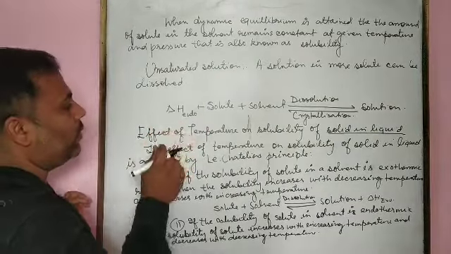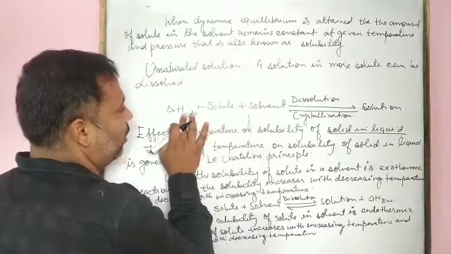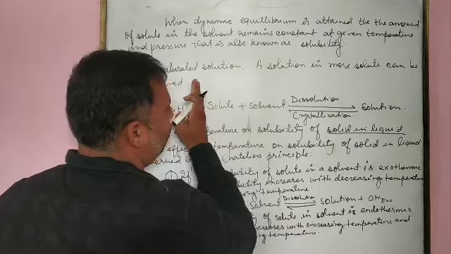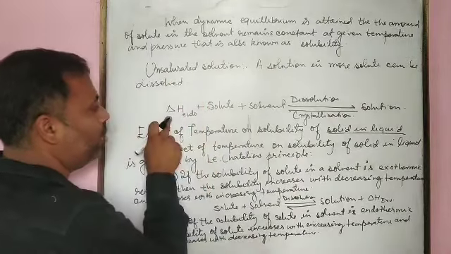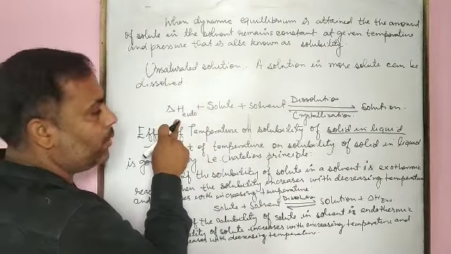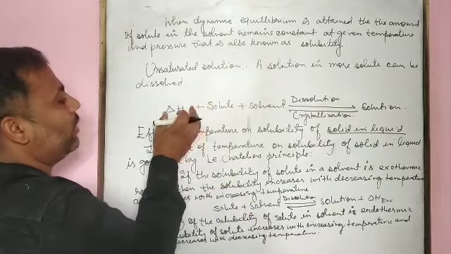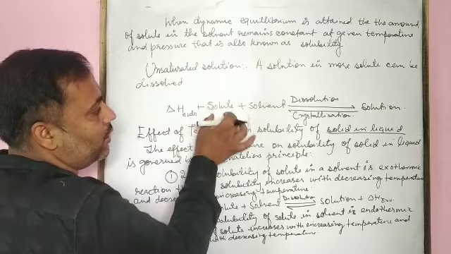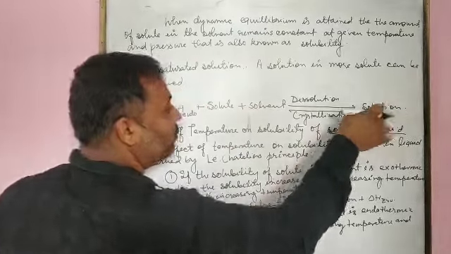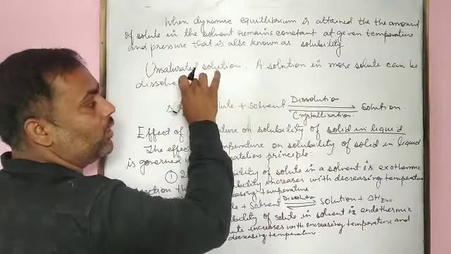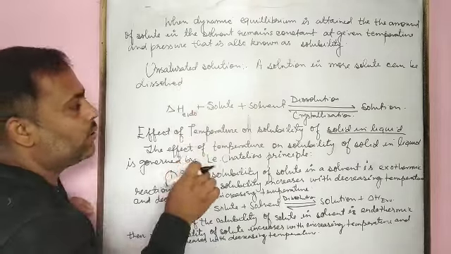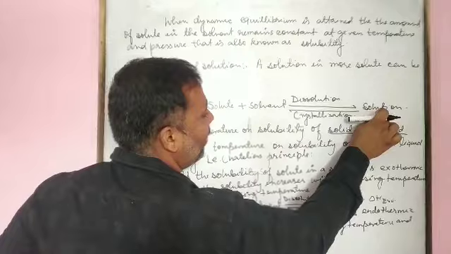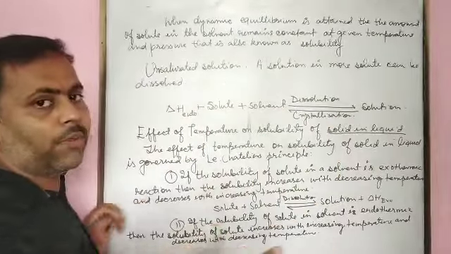Let us see once again. This is an endothermic reaction and an equilibrium is attained here. When we increase the heat, this delta H increases. When delta H increases, the reaction moves in the forward direction. Why? To utilize that increased heat. To utilize it, the reaction moves in the forward direction and a new equilibrium is attained.